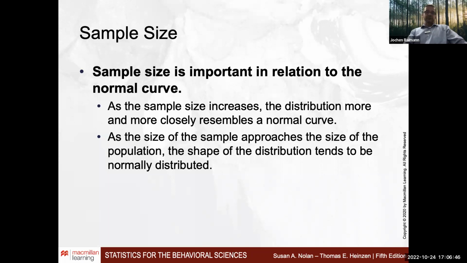With a larger sample size, this distribution looks even more like a normal curve. The closer it gets to the size of the population, it usually gets even more like a normal distribution. Also,